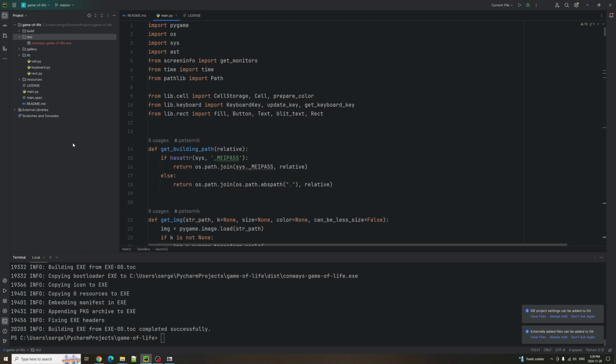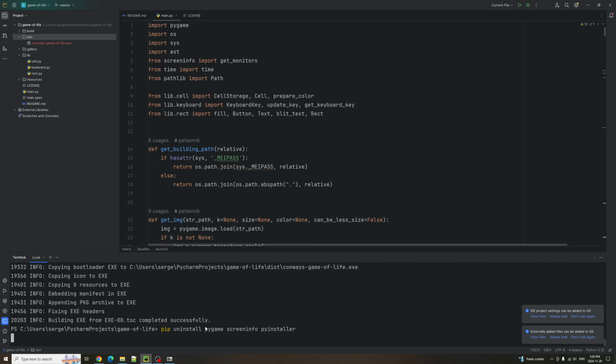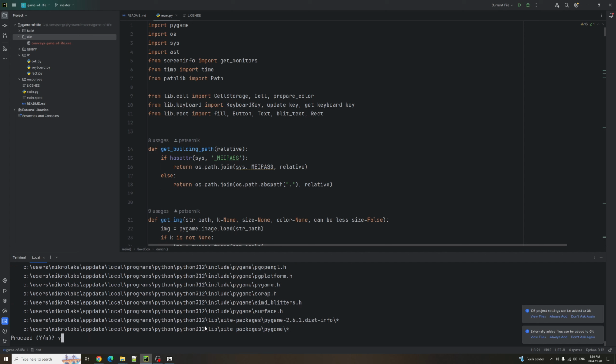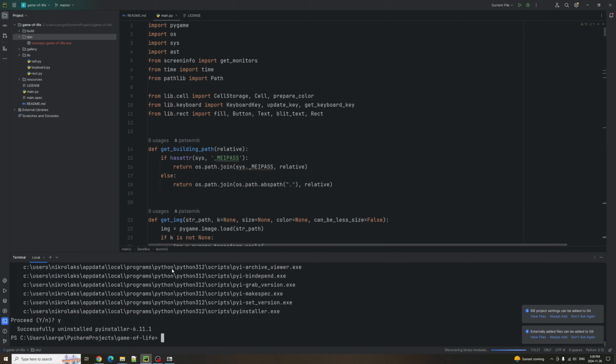So I want to do, for example, pip uninstall pygame, screen info and pyinstaller. I delete them from global, and after this I can create